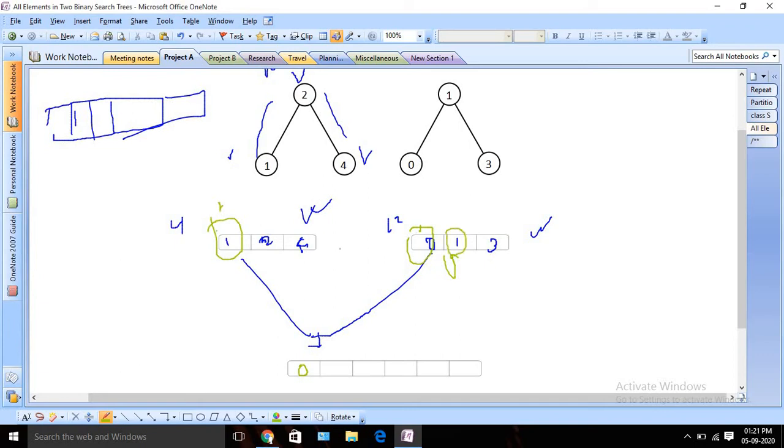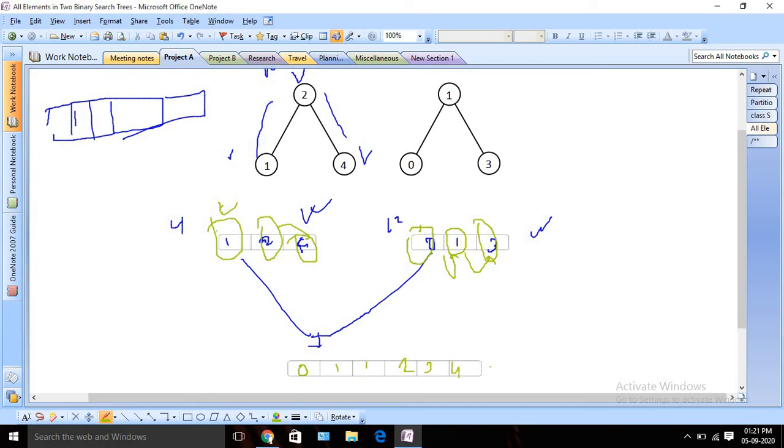So I will again compare between these two values, right? Again these are equal, so I can pick any of them. Probably I pick this one and I will increment my counter. Now it will point here. Now we will again compare between 2 and 1. I will find 1 is the smaller one, right? So I will put 1, and this counter will now point here. Now I will compare between 2 and 3. 2 is the smaller one, so I will put 2. Then this counter will now point to 4. Now again I will do a comparison between 4 and 3, and after that it will look like this, right?